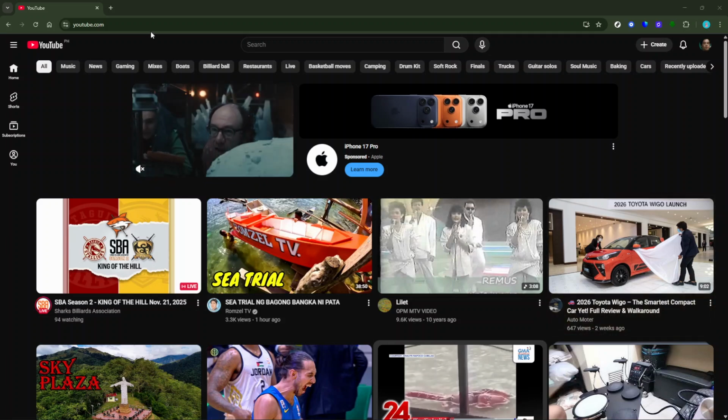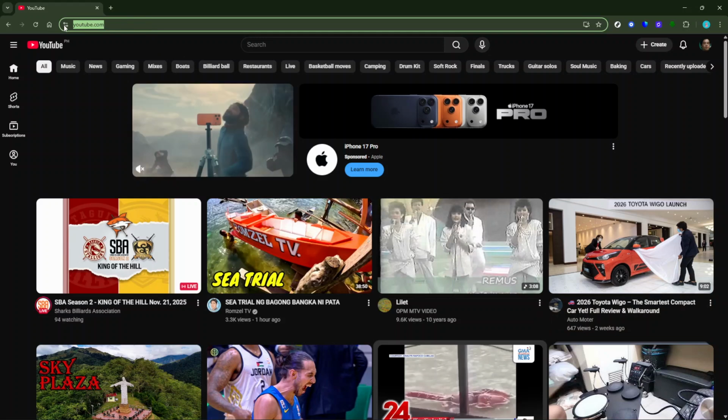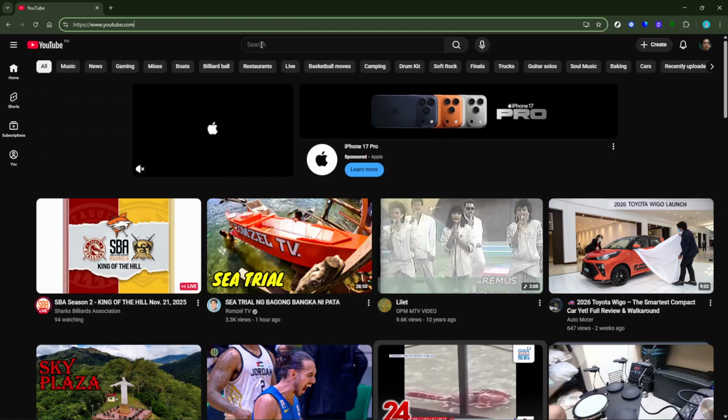First, you'll want to start off by opening YouTube. Most of you are probably familiar with how to do this, but just as a quick reminder, you can either head to the website on your computer or use the YouTube app on your mobile device. Once you're on the platform, the next step is to navigate to the search bar, which is prominently displayed at the top of the page.